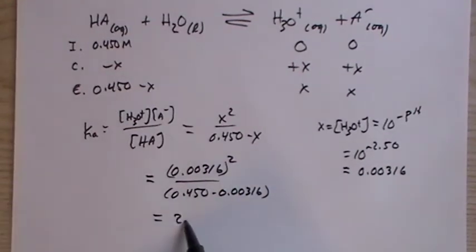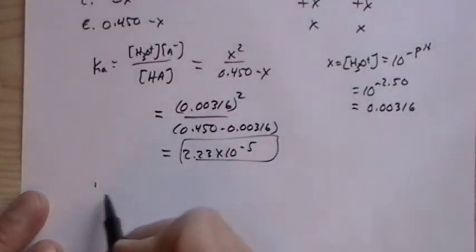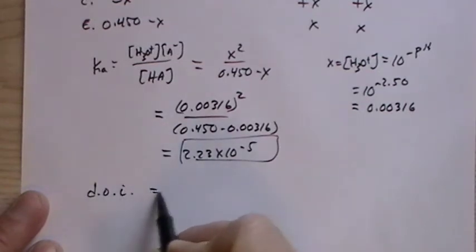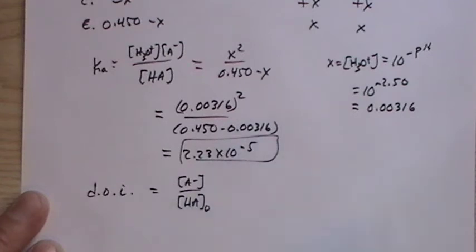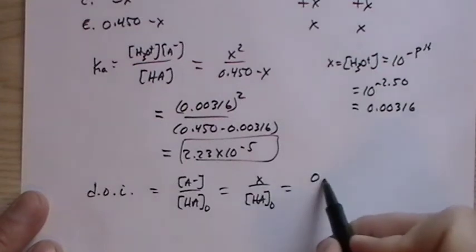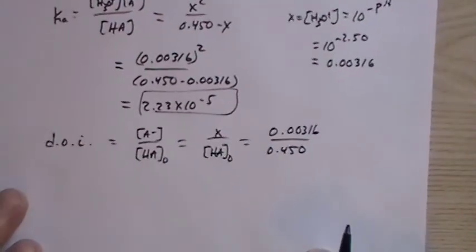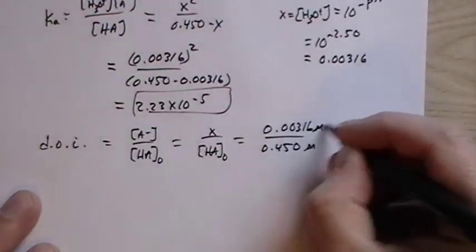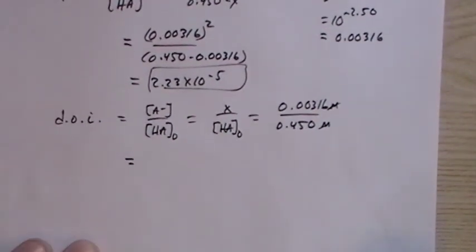Okay, so this is 2.23 times 10 to the minus 5. That's a very small Ka compared to the one that we had before. So that's our one answer. The degree of ionization then is really the concentration of A- over the initial concentration of HA. So that's just X over the initial concentration of HA. This is 0.00316 molar divided by 0.45 molar. Those molars are going to cancel, because the degree of ionization has to be a fraction, just a number. And this comes up to be